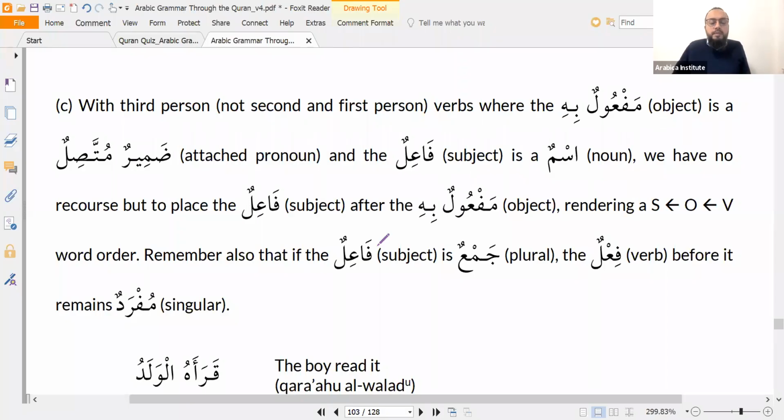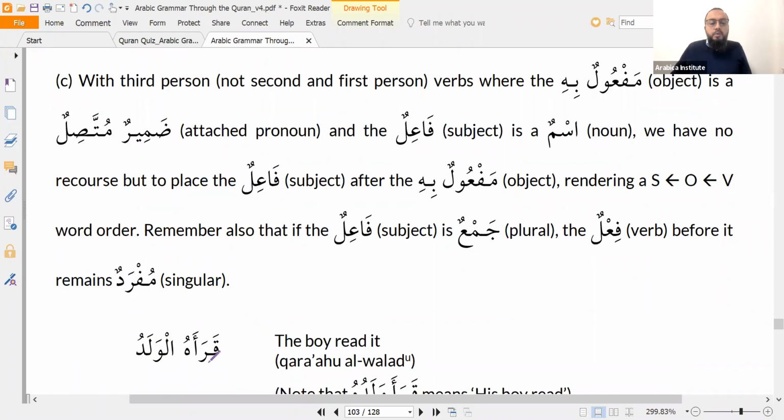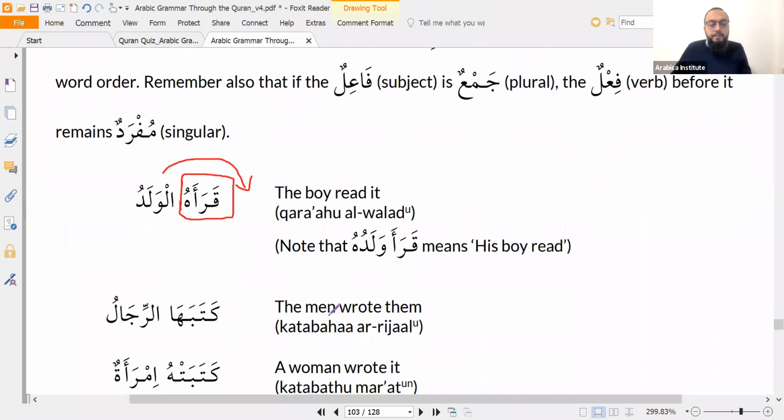There we are. Right. So what happens when you have a verb with an attached pronoun, such as qara'ahu, and then you want to state your fa'il? So you can, of course, put him after, in which case you get this verb object subject structure, which you can't really derogate from here. So you would say qara'ahu, the object has to go in the middle now. The maf'ulun bihi is the hu, and then the fa'il is al-waladu. Of course, you could put al-walad at the beginning, in which case you've got a noun sentence, a jumla ismiya.